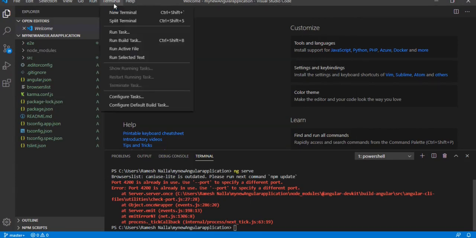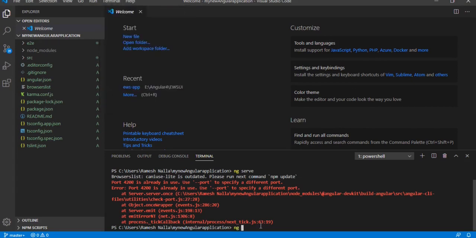Go to Terminal, New Terminal, and there type ng generate c, which means component, and give the component name. We are going to create a customer component. So the syntax to generate a component is ng g for generate, c for component, and the component name.